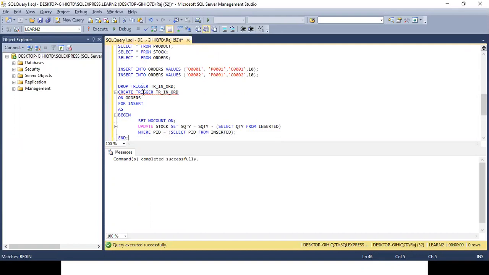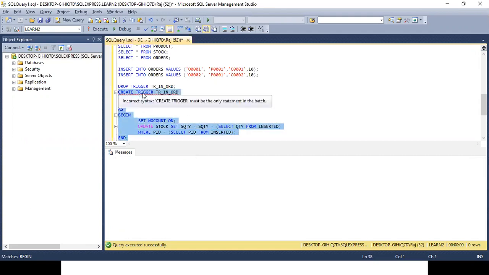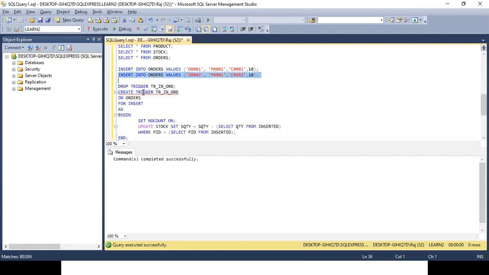We used it when we were working on procedures. If we do not want the number of records affected by the command to be displayed, then we use set nocount on. I have used this, and let's place the order once again. The command completed successfully. And let's see the stock.